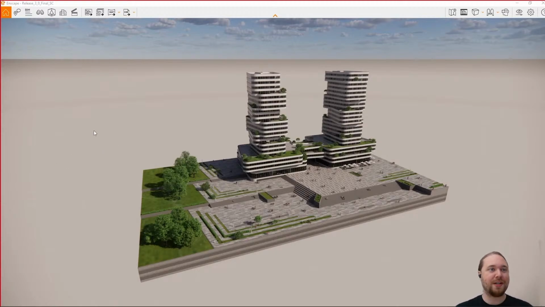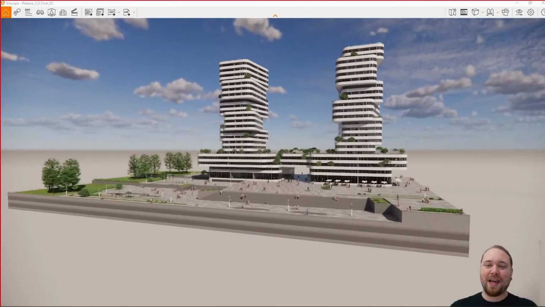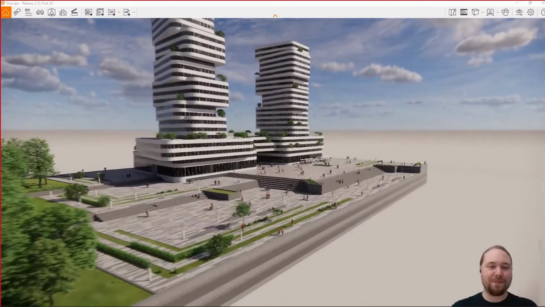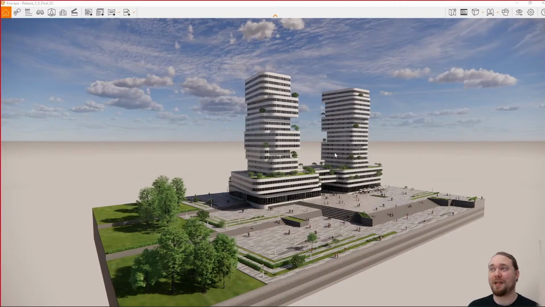So I'm going to start with a little look at the site context feature. We all know that one of the most immersion-breaking things, so to say, in a visualization is an empty background and a white and gray ground. This doesn't really look too correct. As a quick and simple option to add environment, to add a site context to your designs,